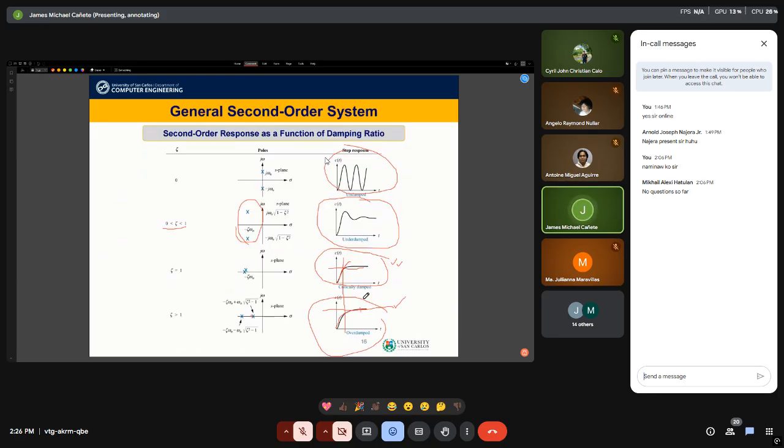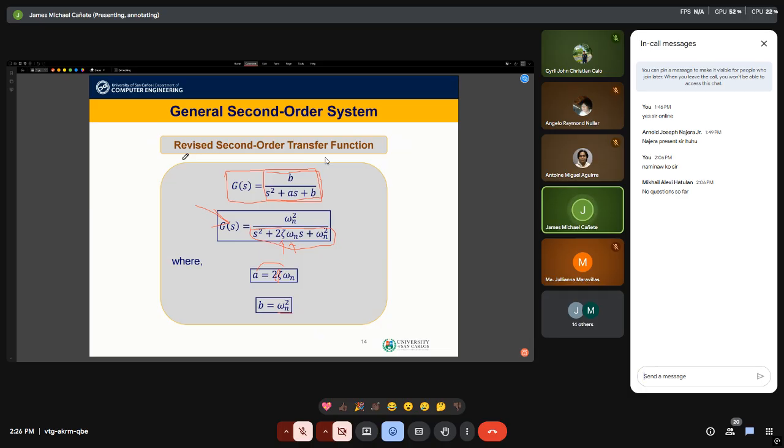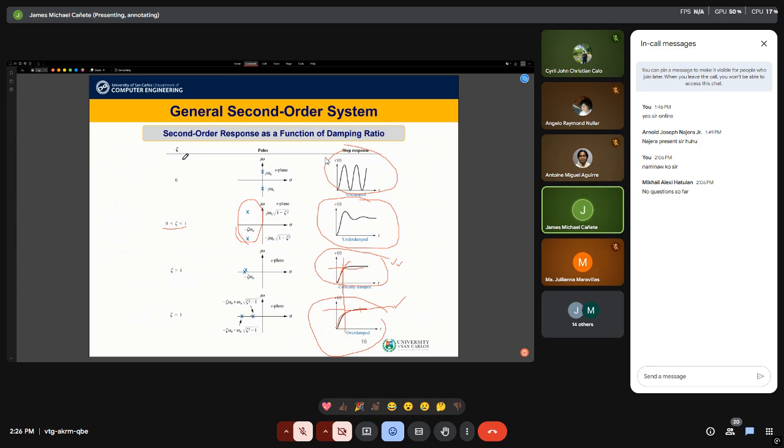So the relationship between zeta and the output is this one, in the first column. Zeta is dimensionless, a ratio of time over time, which cancels out. If zeta is 0, again, zeta is really just the real part of the poles. So if you have no real part in the poles, purely imaginary, you will have the poles on the imaginary axis, the vertical axis. And it's an undamped system. The response is the undamped response.